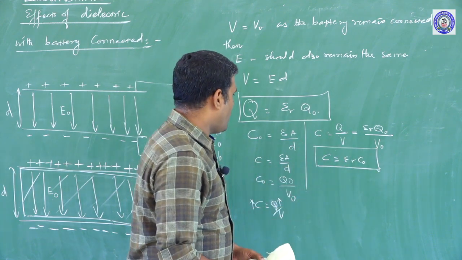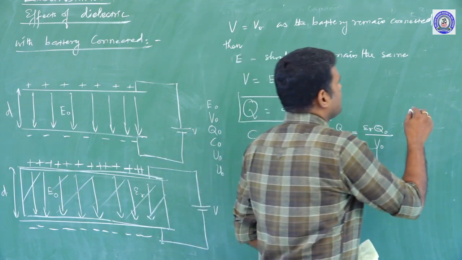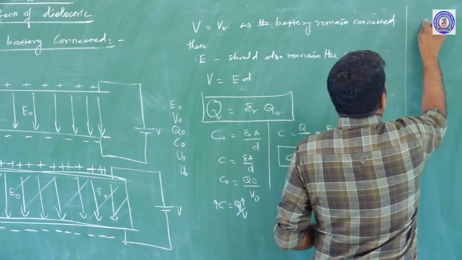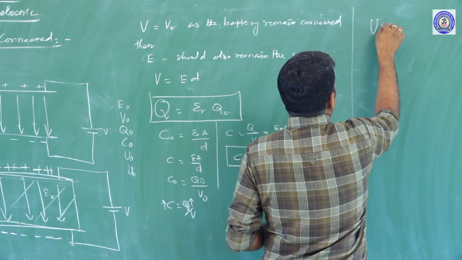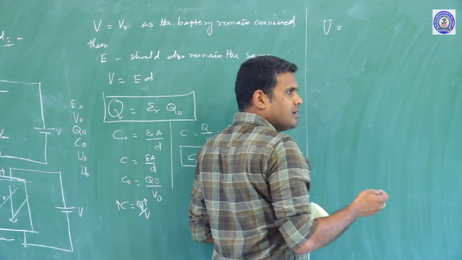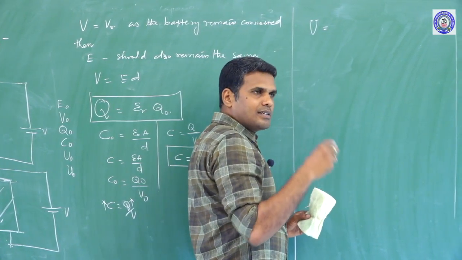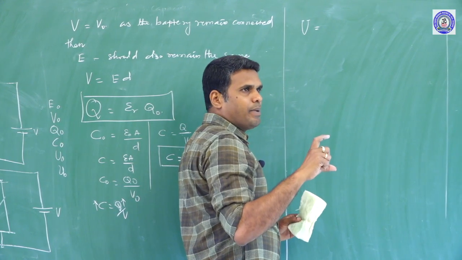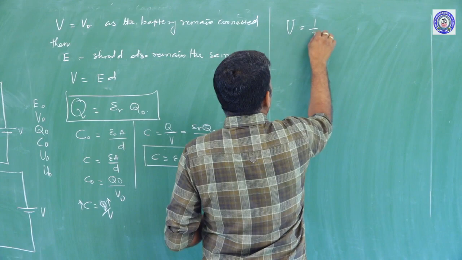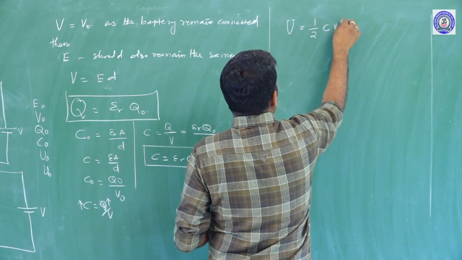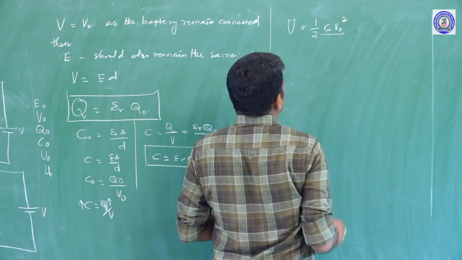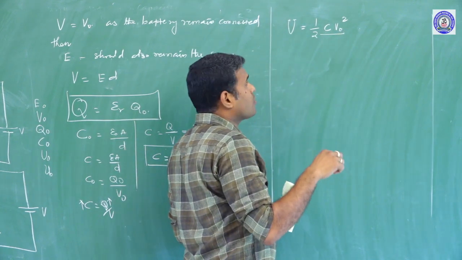And then, what about the potential energy? Potential energy can be given as U equals. Actually, if I am representing U, that means I am speaking about the potential energy stored in the parallel plate capacitor introduced with the dielectric. U equals half C V naught square. Why am I introducing this expression? Why shall we not use U equals half